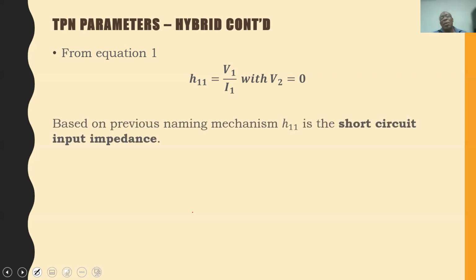All right. So H11 would be an impedance because we have voltage divided by current. V2 is made 0, so therefore it's a short circuit parameter. And so H11 would be a short circuit input impedance. So if we now look at H12,